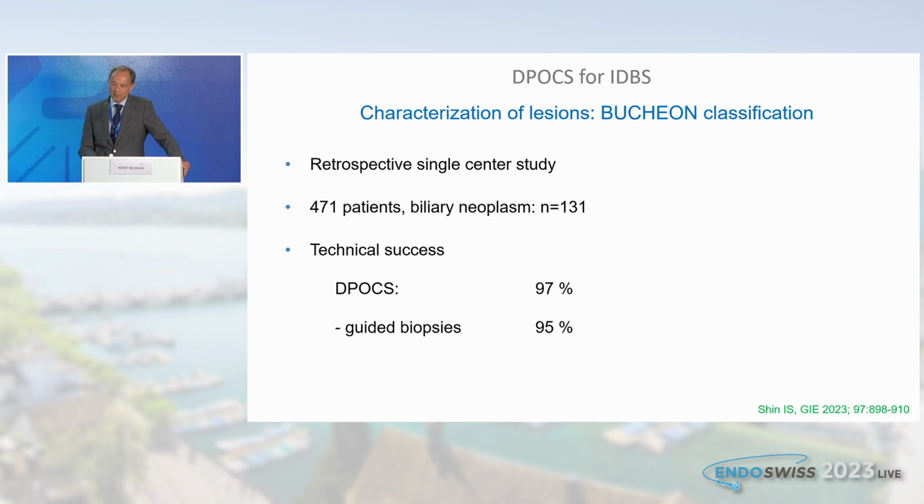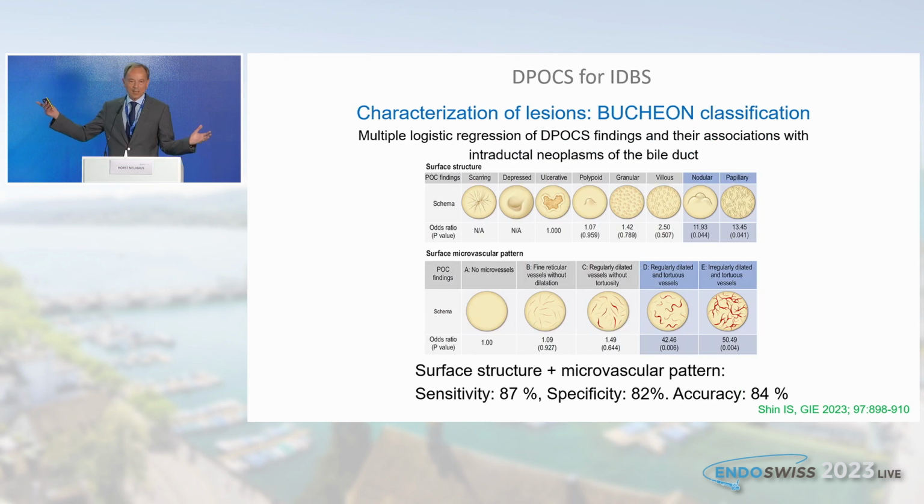How about DPOCS? There is a new classification just published in GI Endoscopy from Korea, the BUCHEAR classification, a retrospective single center study. So this may be a limitation, retrospective, but they enrolled 471 patients, 131 had neoplasm, and the technical success rate of DPOCS was 97%, so an extremely experienced group, and of those who underwent biopsy, tissue acquisition 95%. And this is what our Asian colleagues like, a very, very detailed classification. I cannot show